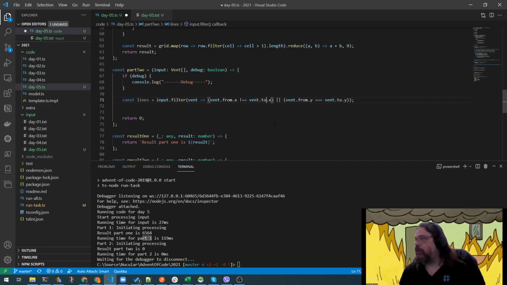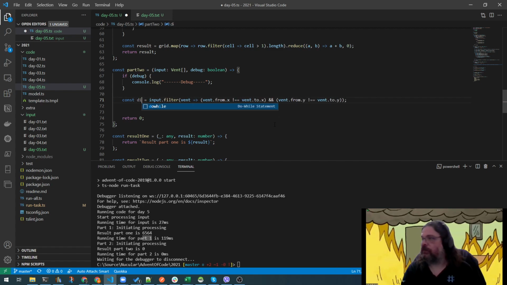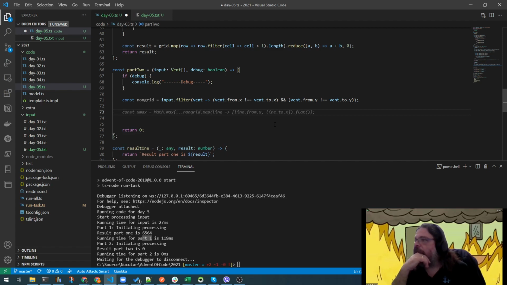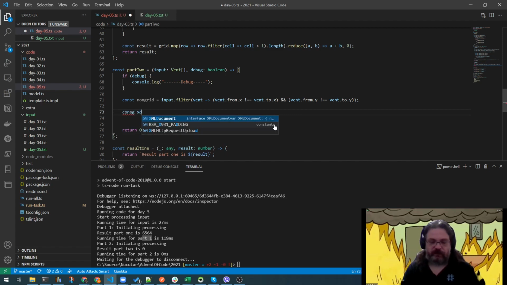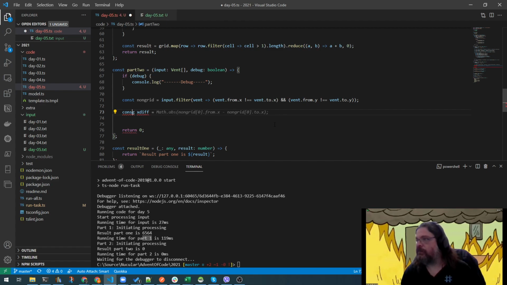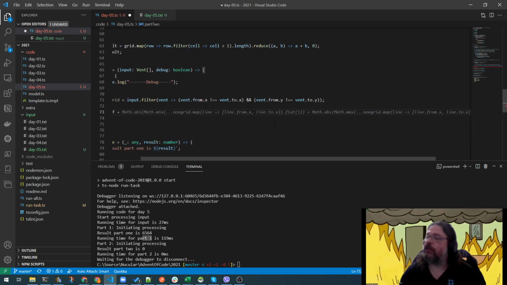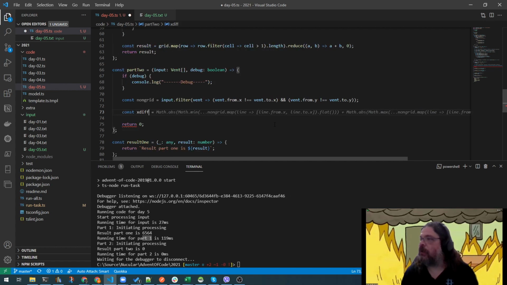So this is different, and this is different, and these are non-grid or diagonals, actually non-grid. And let's say, I think this will be able to guess, oh, this is definitely much more than I had in mind, but